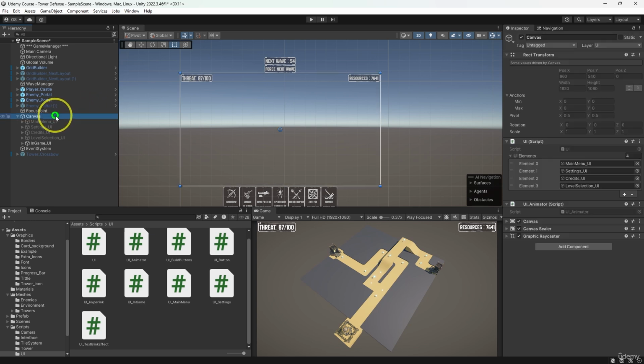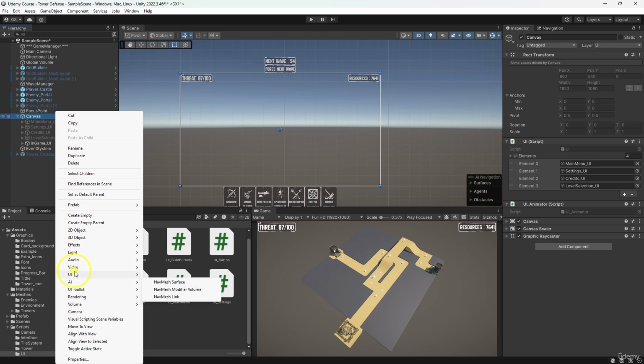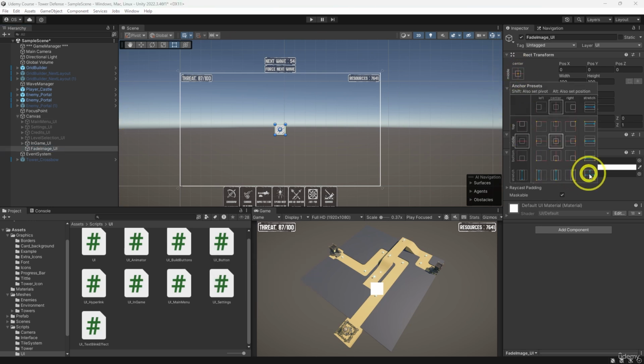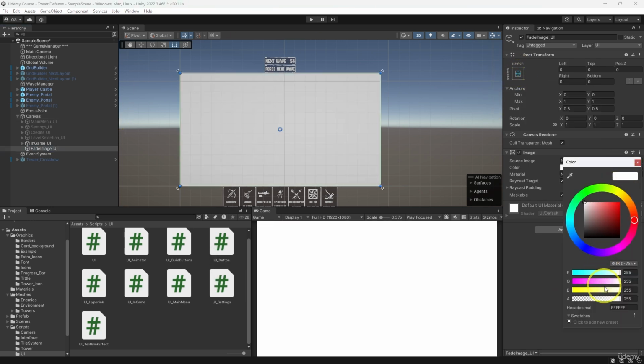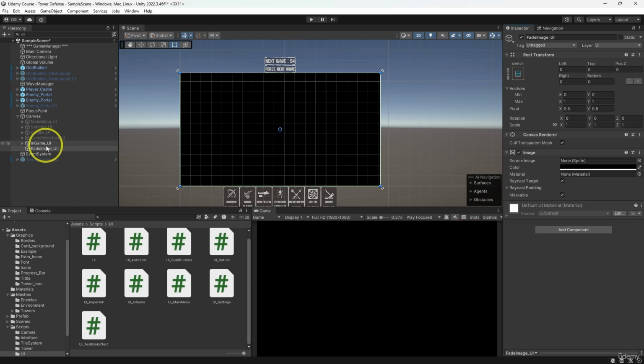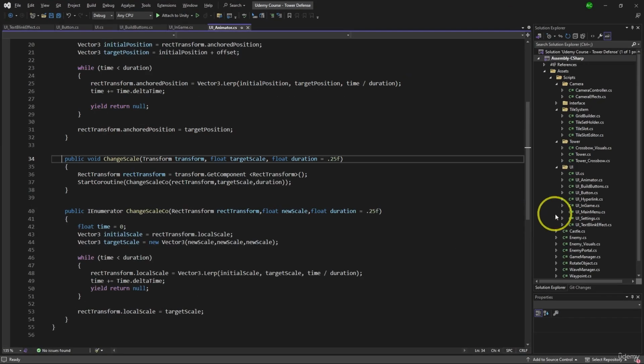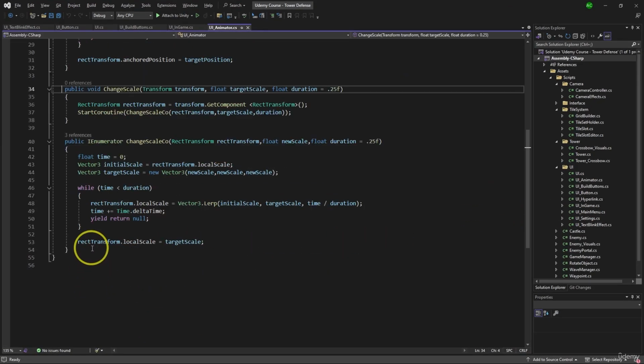So the first step would be to make a UI image. Let's call it fade image UI. Let's stretch it on the entire screen like that. Let's make it black and make sure it is below all other UI elements. If you put it above, then you can't see the other elements here. So put it below. And now let's go to UI animator and let's make a new coroutine that we can